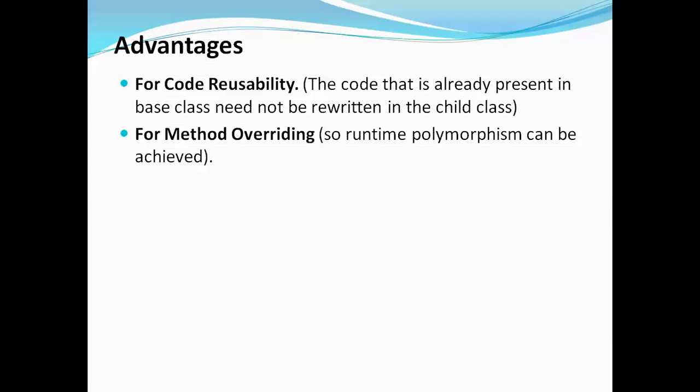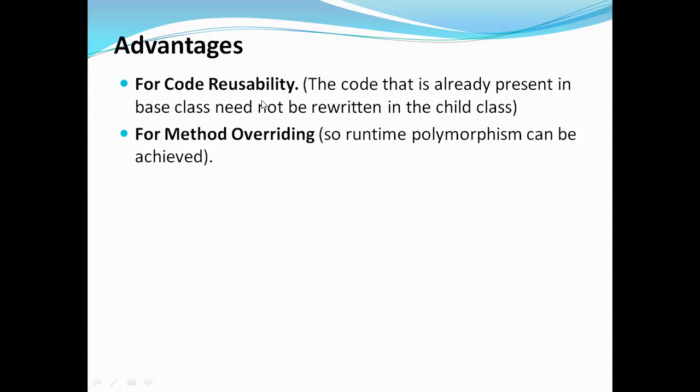Now let's see what the advantage of this inheritance is. The first advantage we have is code reusability. It means that if the parent class has some code or some method which should also be there in the child class, but if inheritance is not there, then the child class has to rewrite the same code which is actually there in the parent class. So if we provide inheritance, instead of writing the method in the child class, the same method that is written in the parent class can be used in the child class also. That is code reusability. It means we are writing once and using it a number of times at different places.